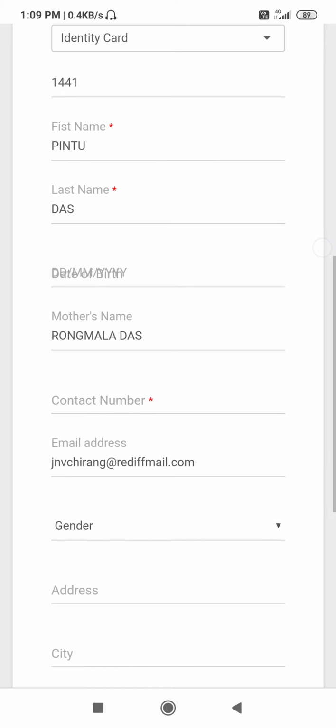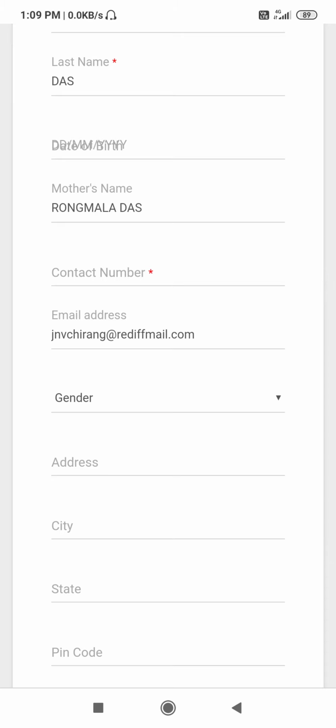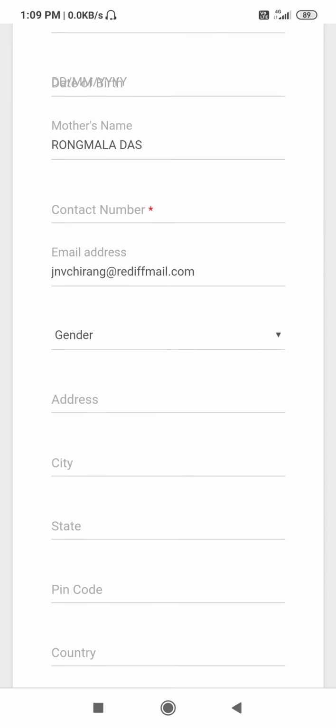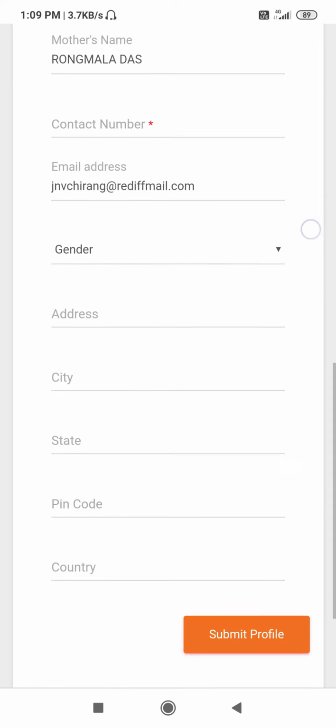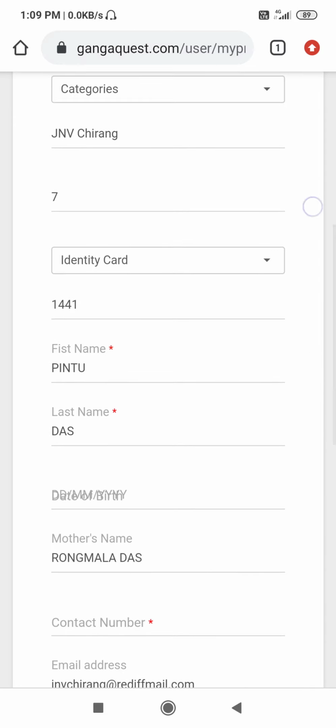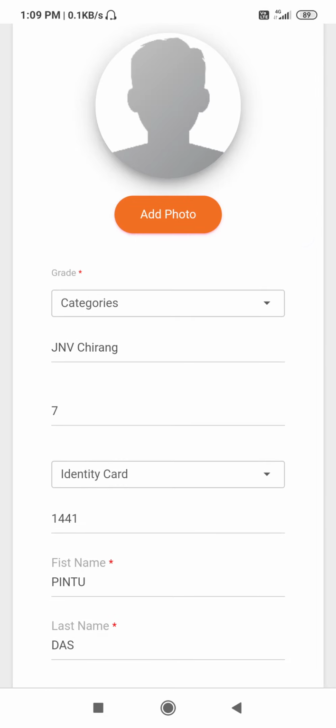Last name appears, mother's name appears, and the email address also appears because you were registered by the school. So this school email appears. You have to do only these things I am showing.